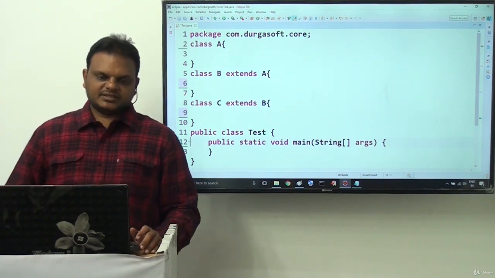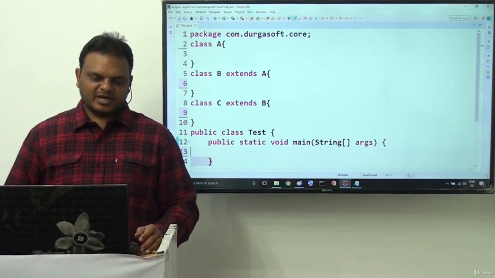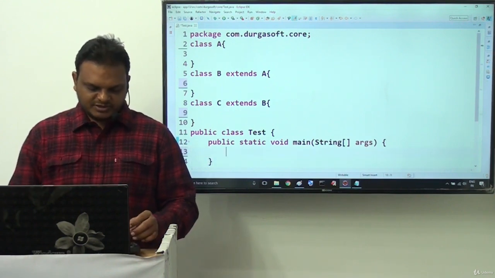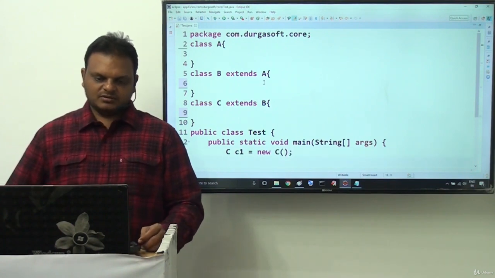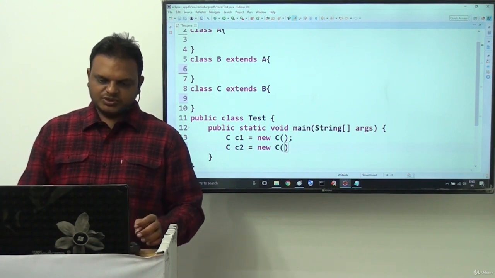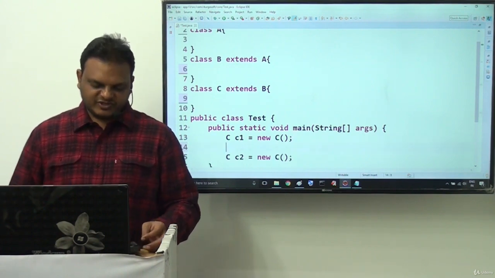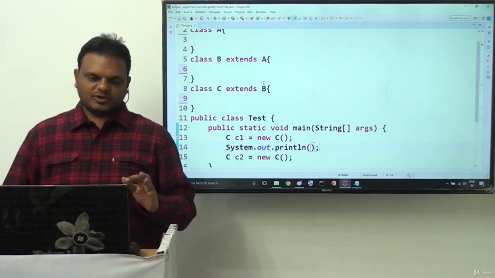Now inside class Test and inside this main method, I'll write C1 is equal to new C constructor and C2 is equal to new C constructor. Between the first object and second object I want to provide one line space for separation point of view.